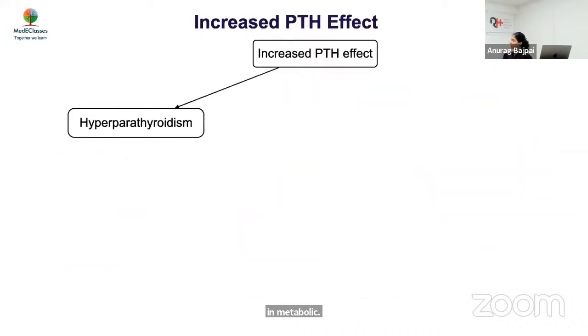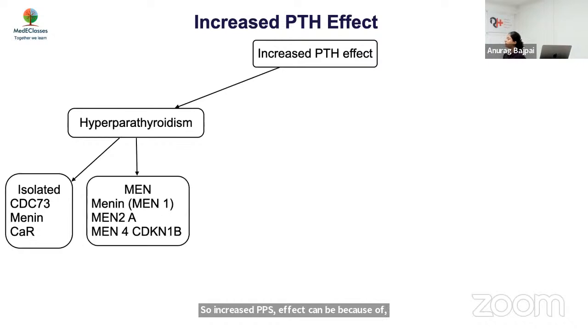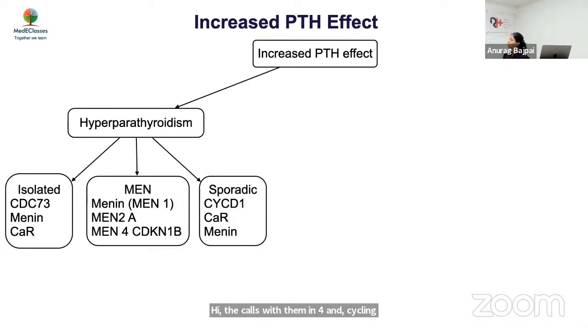So increased PTH effect can be because of hyperparathyroidism, which could be isolated as seen in CDC73, menin and calcium sensing receptor defects. It could be part of a syndrome, especially MEN syndrome. MEN1 has 90%, like 90% of cases of MEN1 will have primary hyperparathyroidism. 20 to 30 percent of patients with MEN2A will have hyperparathyroidism. MEN2B almost never has hyperparathyroidism. Other causes are MEN4 and cyclin-dependent kinase 1B defect, or it could be hyperparathyroidism which is sporadic, as seen in